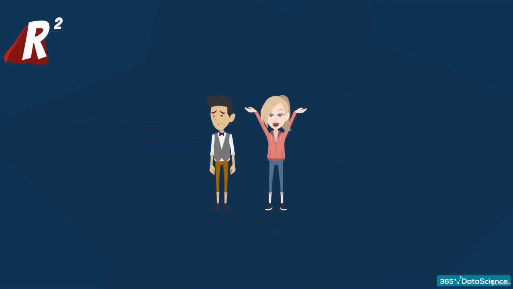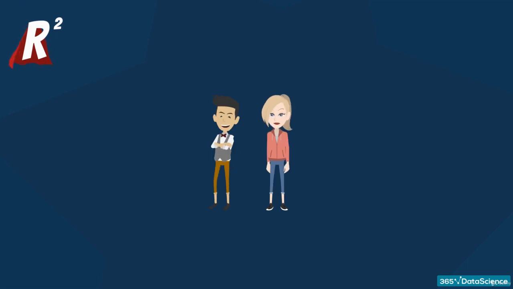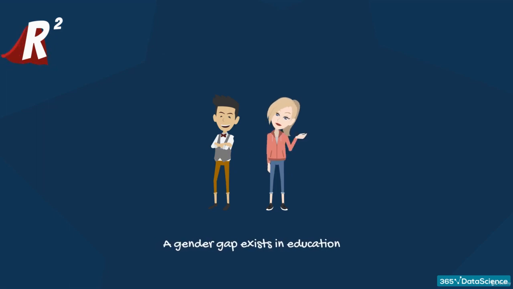First, women are more likely to outperform men in high school. But then in higher education, more men enter academia. There are many biases in place here. Without telling you if female or male candidates are better, scientific research shows that a gender gap exists in education. Gender is an important input for any regression on the topic.